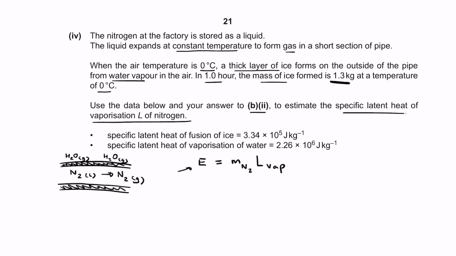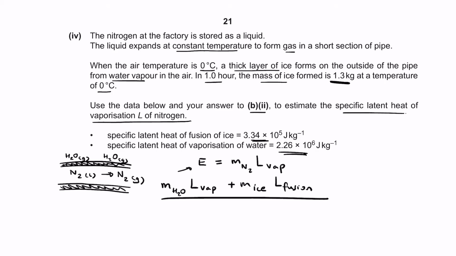So we're going to take the latent heat of vaporization of water and the latent heat of fusion of ice. So that will be m of H2O times the latent heat of vaporization, plus the m of H2O, or you can say ice if you want to, which is going to be that of fusion, and all that divided by the mass of nitrogen that we found in the previous part will give us the latent